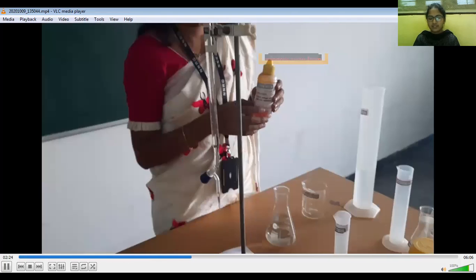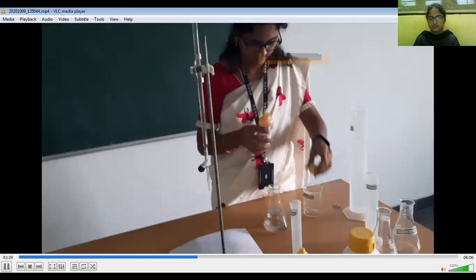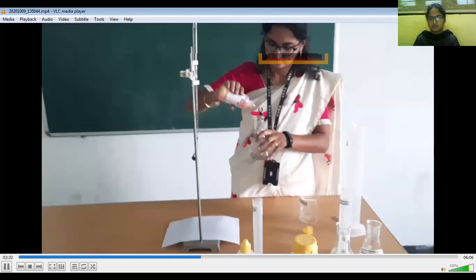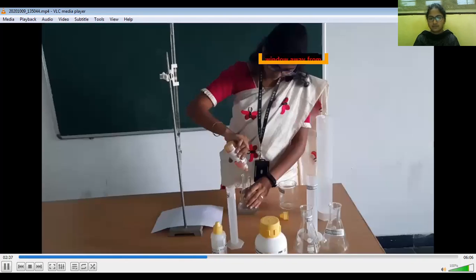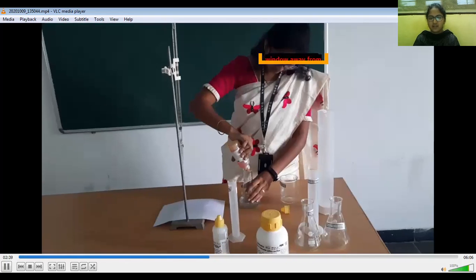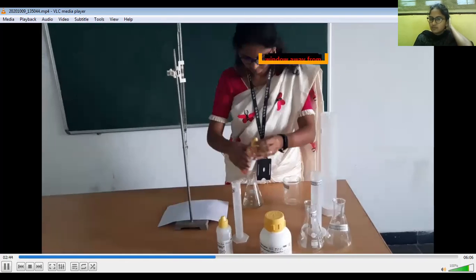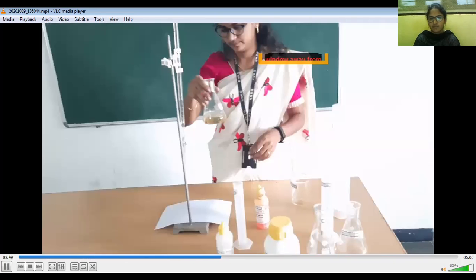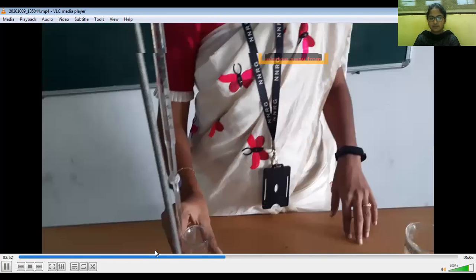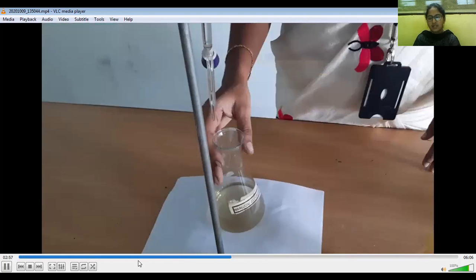We will add 1 drop of methyl orange. See the color develops.